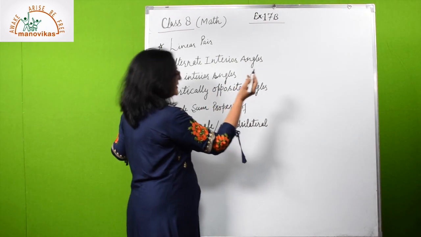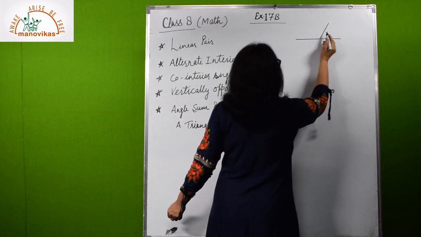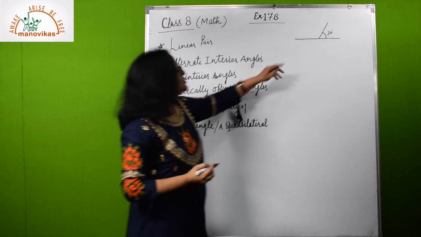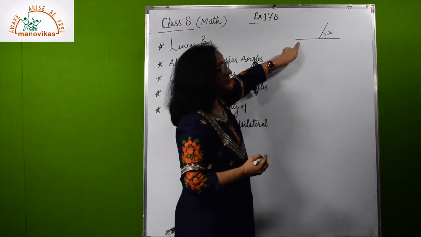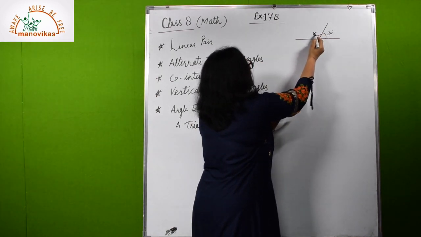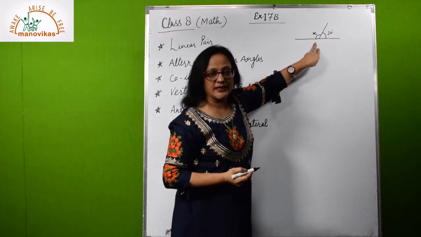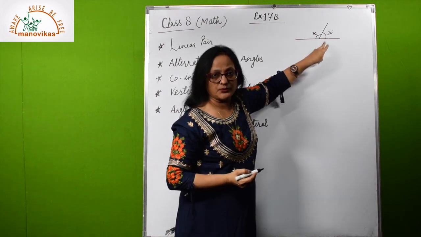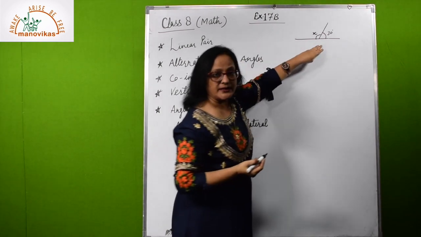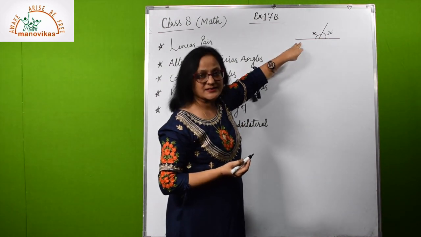And what is a linear pair? I will explain that also here. Suppose this is a line and this is another line that is forming an angle 30 degree. Okay, so this is 30 degree and this is a straight line. So one angle is 30 degree, and if we take this angle as x, so x and 30 degree, they both are forming a linear pair. And what is the property of linear pair? If two angles form a linear pair, their sum is equal to 180 degree, being the straight line, and straight line angle is 180 degree.